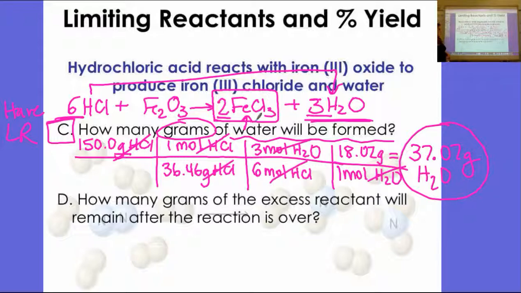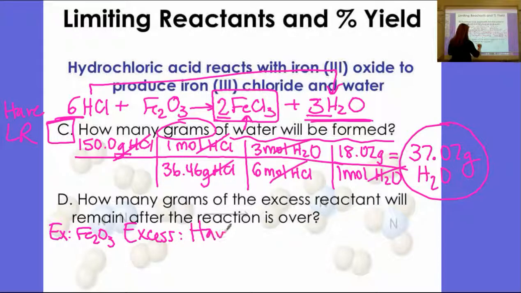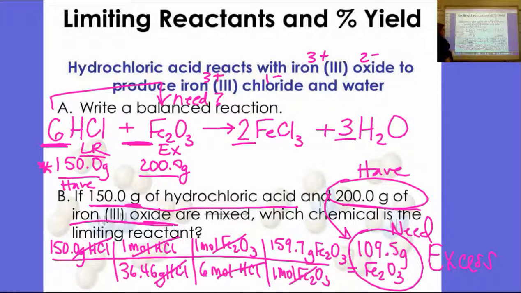Part D. How many grams of the excess reactant will remain after the reaction is over? Excess reactant was Fe2O3. My equation, if you want an equation for excess, means I have more than I need. Excess equals have minus need. Going back to part B, how much did I have? I had 200 grams. How much did I need? Only